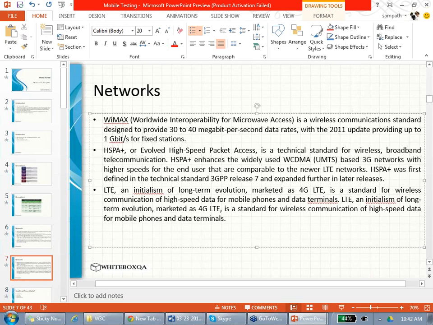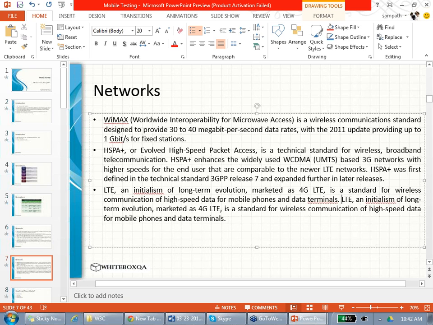Okay. Remember the simple thing. There is a single line of communication, a radio signal link between your phone and the tower or whatever it is. Using the single line, how can we get multiple things? You can play audio, you can still talk on the phone, you can still send a text message, you can still browse.